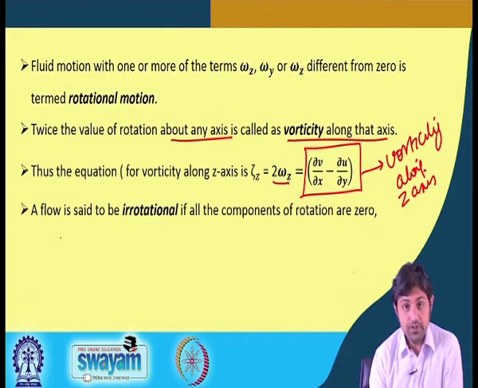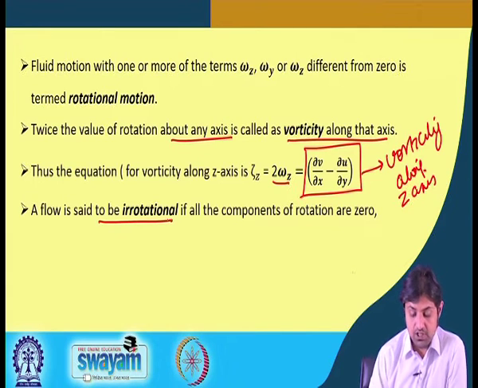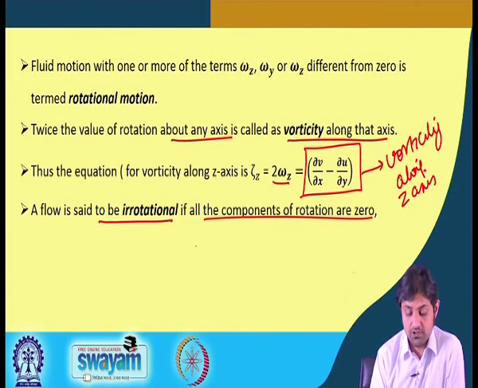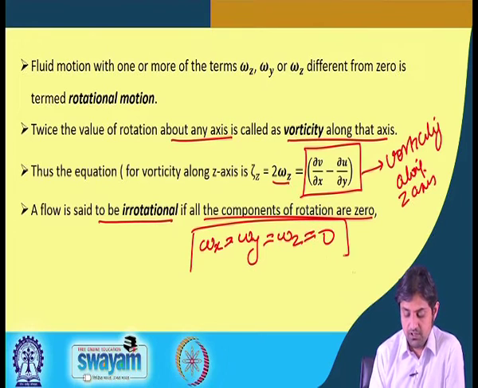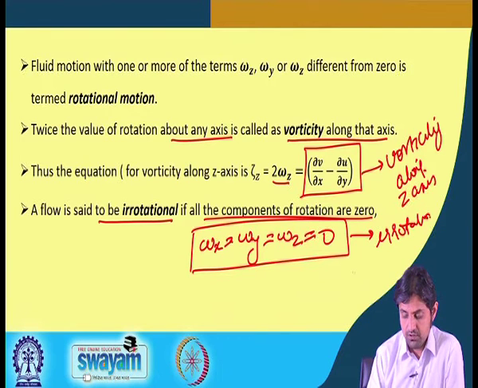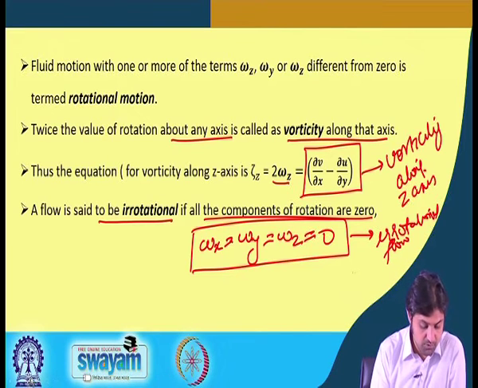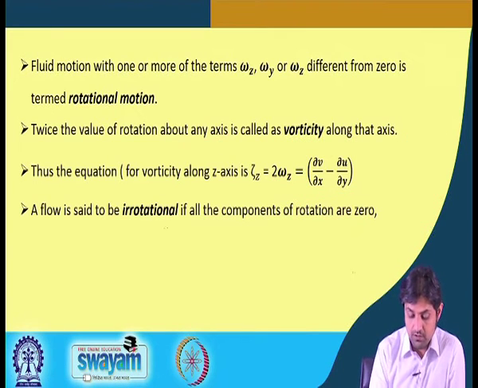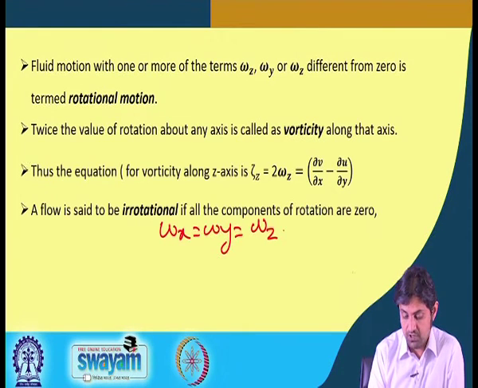So, a flow is now said to be irrotational if all components of rotation are 0. So that means omega x is equal to omega y is equal to omega z is equal to 0. This is the definition of irrotational flow. Let me write it more properly. Omega x is equal to omega y is equal to omega z is equal to 0. This is called irrotational